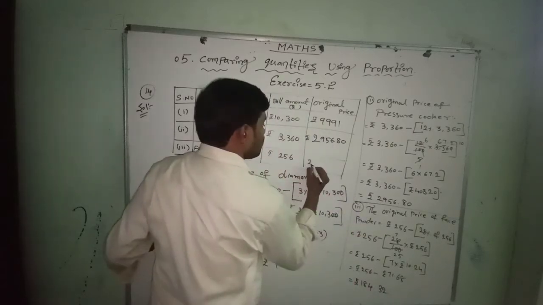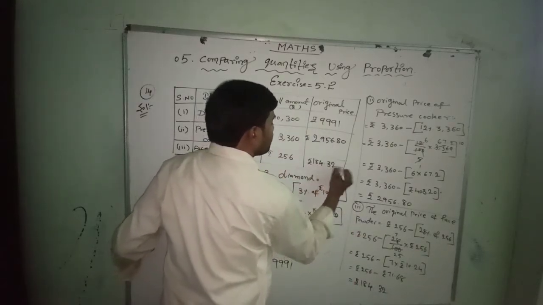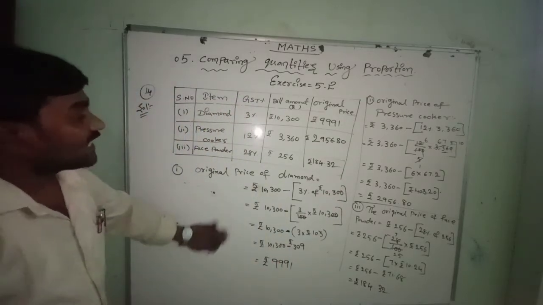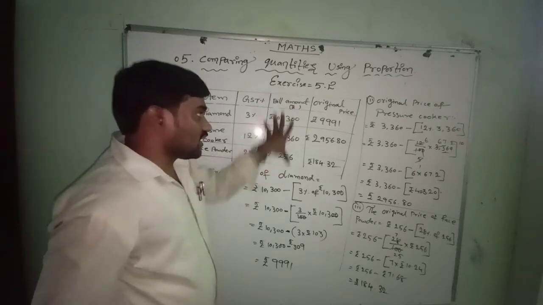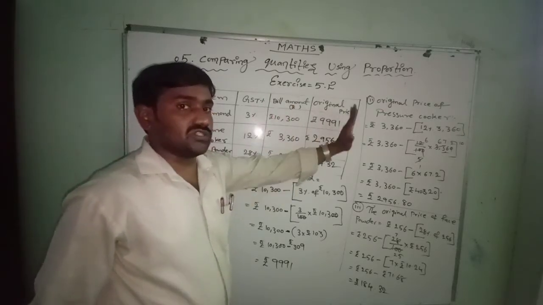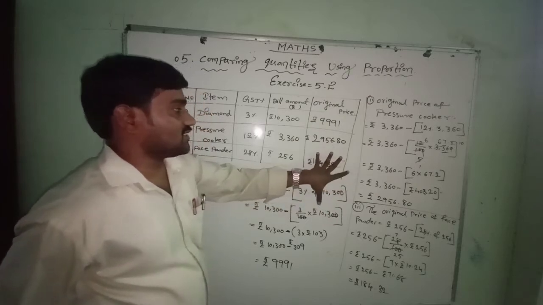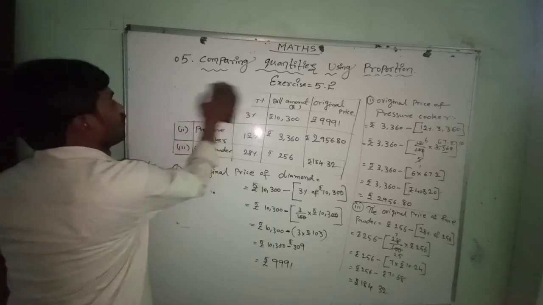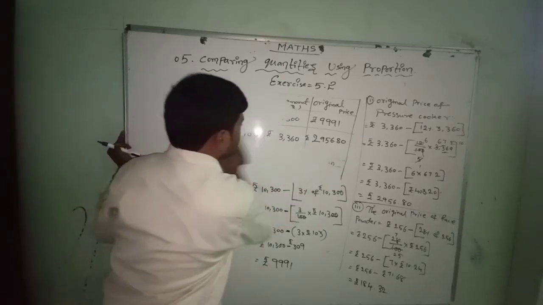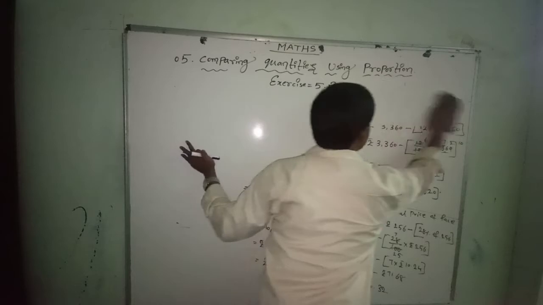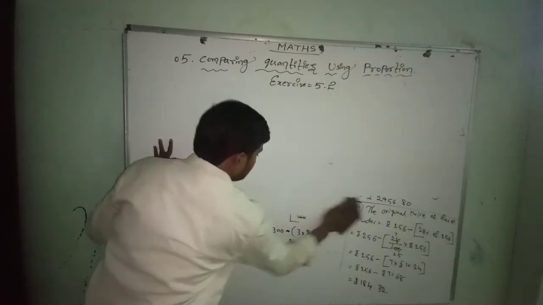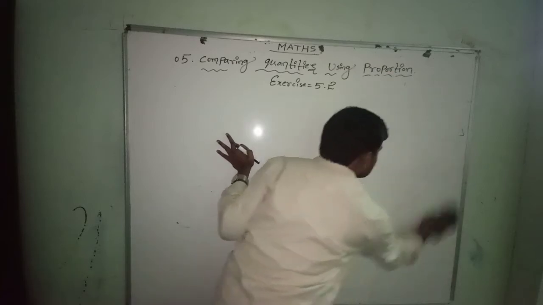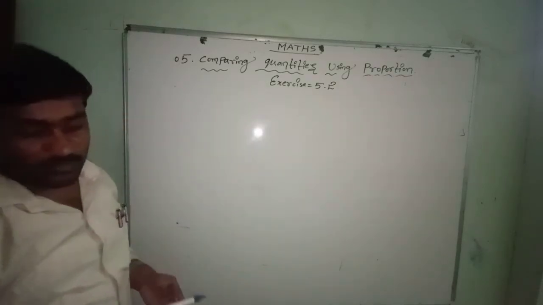So actually the original price is rupees 184.32. See that this is the original price excluding GST. It is not including GST, it is excluding GST. That means without GST, this is the original price. With the GST, they got this. So please mind. Now we have only 2 more problems of this exercise, and we will finish this as soon as possible. Now it's time. See, very thoroughly and slowly we have to do the problems.